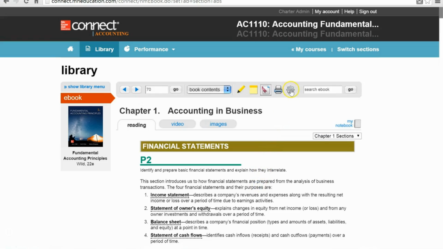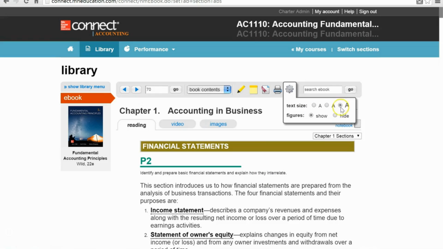Other features that we have: the cog here, so that means that we can make it nice and large, which I often like to do. You can also hide figures, which I don't know why you'd want to do that, but if you wanted to do that, you can do that. And then we can search the ebook by keyword. That is similar to a Google search,